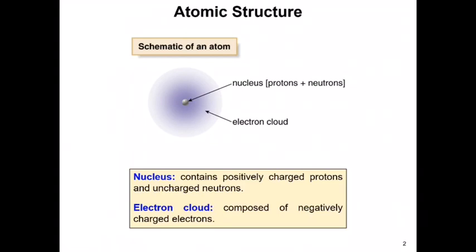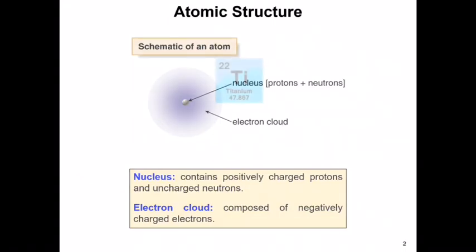And then we also have Bohr's model of the atom, but this model only works for the hydrogen atom. The best model for the atomic structure is the quantum mechanical model, which basically suggests that electrons reside in the orbitals. And the orbitals can be described by four quantum numbers. You have the principal or main quantum number, you have the angular momentum quantum number, magnetic quantum number, and spin